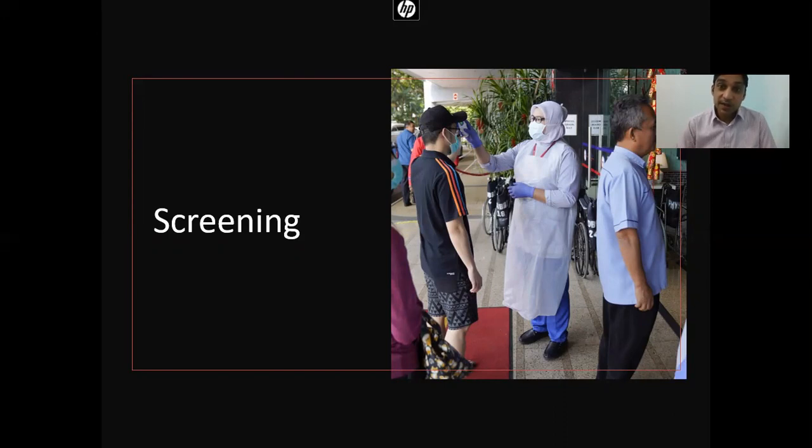When people are saying that they are screening people for coronavirus and the pandemic, screening is not a diagnostic test. It's something like looking at the person, asking the person how they are feeling. For example, excuse me, right now I'm having a cough. So you're asking somebody, do you have a cough? You are checking the temperature of the person, whether the person is having a fever or not.